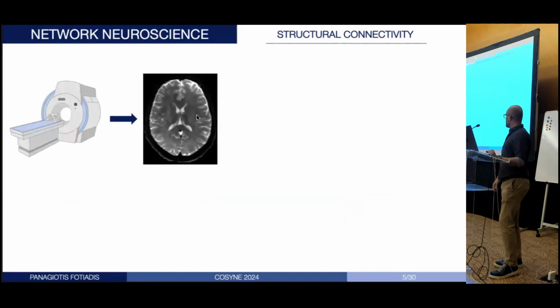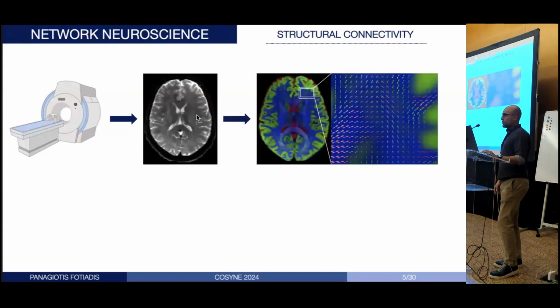And the way that we typically do that is by shoving someone into the MRI scanner and collecting a specific type of MRI called diffusion weighted imaging, which essentially is really good at identifying movement of water molecules across the brain. Turns out we have a lot of water in our brains, and that's what it really capitalizes on. And after we do that, then we can apply some advanced tractography software where essentially we can deduce at each voxel